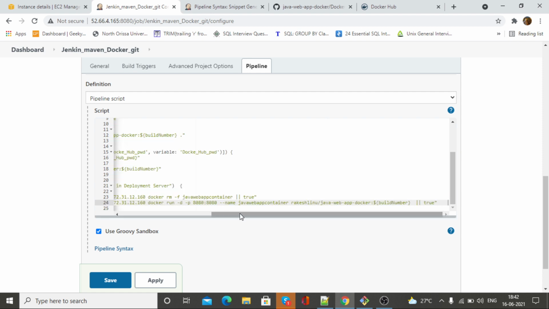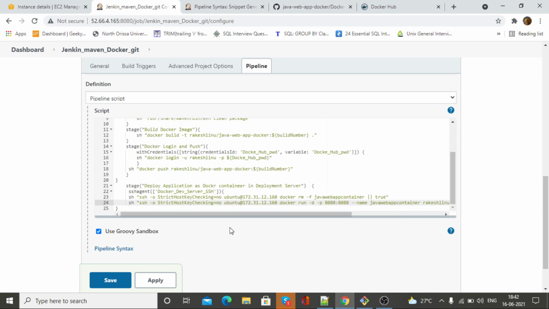So guys, what I have written here, let me give you the clarification. So here the comment is deploy application as Docker container in deployment server. It could be your pre-prod environment, testing environment, or production environment.